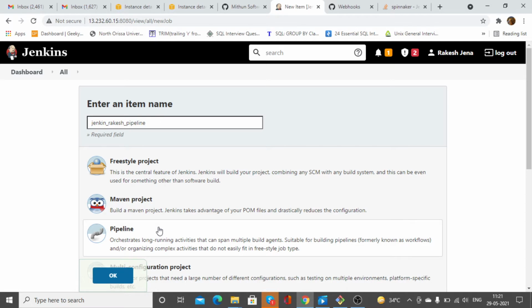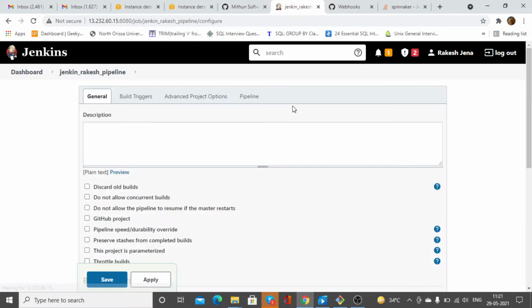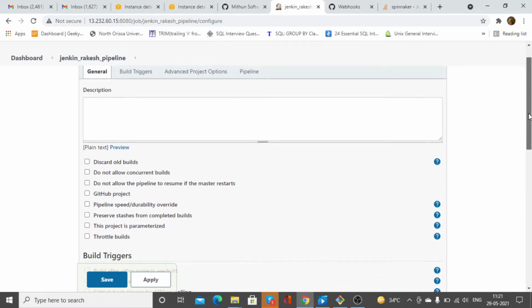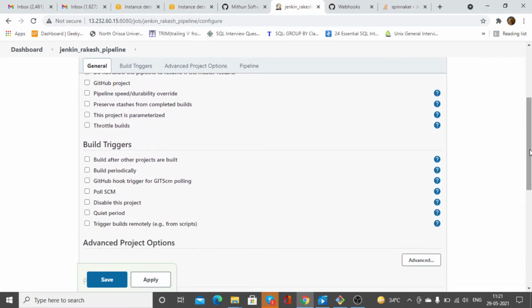Click on pipeline, then click OK. So on build triggers, here you need to choose git hook trigger for git SCM polling. Okay, choose it.